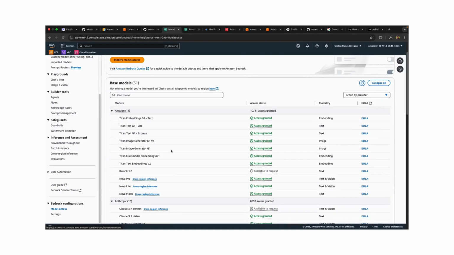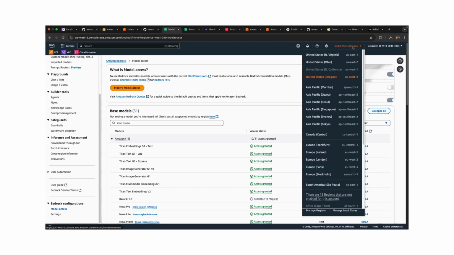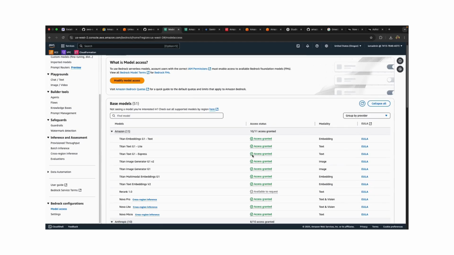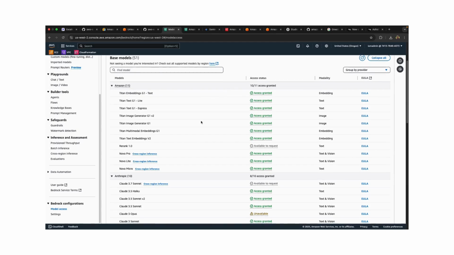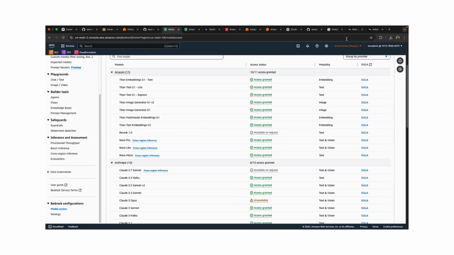Click on that, and I've chosen US West 2. For your particular region, just make sure that you have access to Nova Pro, Nova Lite, Nova Micro, or any other model that is listed on the workshop. So that's the first part of it.